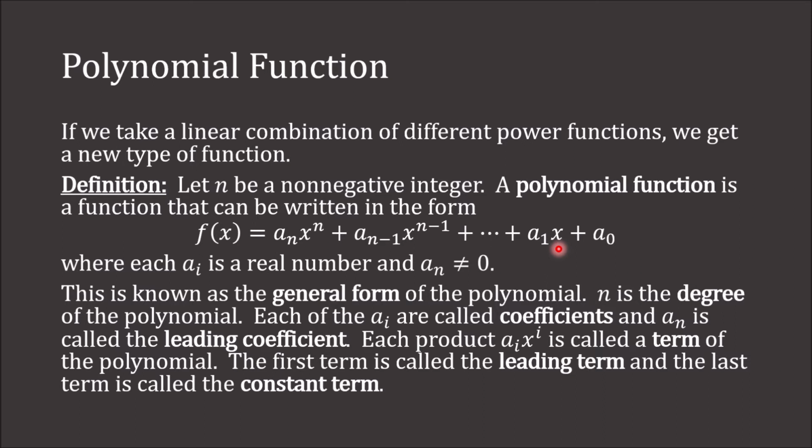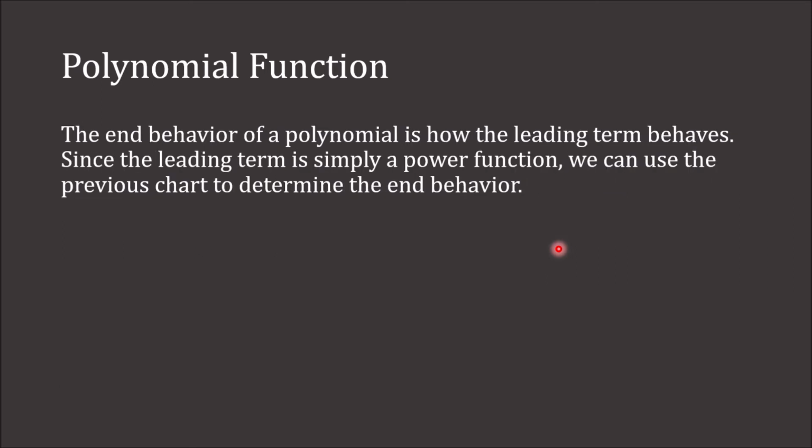Now, the end behavior of a polynomial is how the leading term behaves. So since the leading term is simply a power function, we can use the previous chart to determine the end behavior. And to see why it's as the leading term behaves, we can just look at several examples. Right? So if we just look at,